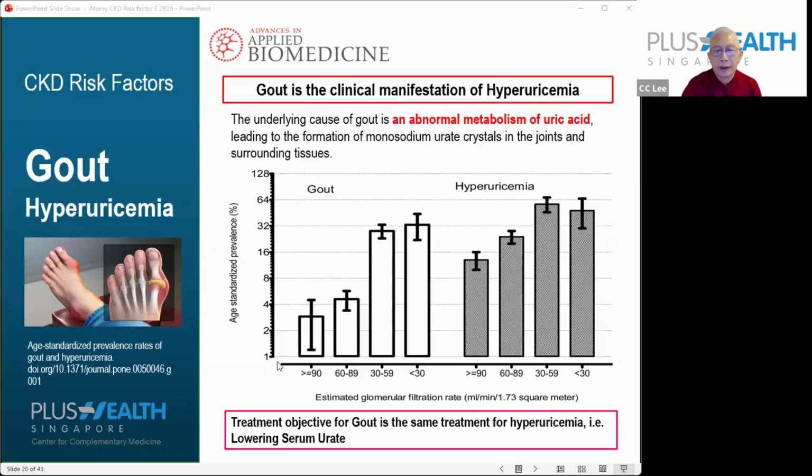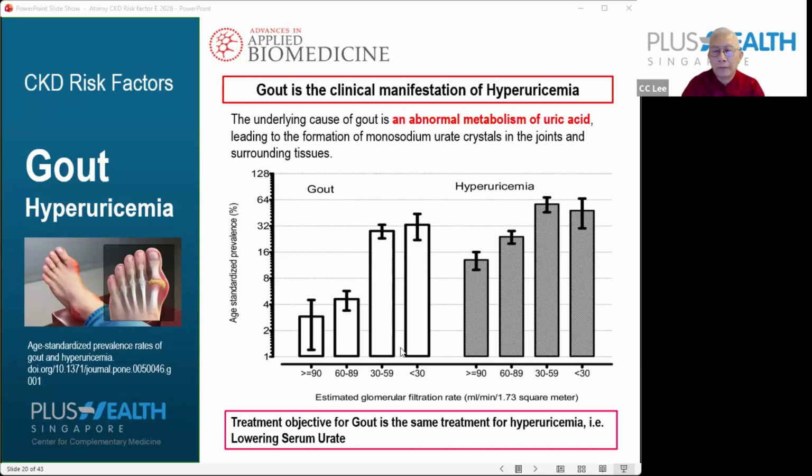Based on different stages of chronic kidney disease, the prevalence rate of gout is very high. For instance, this is stage 4, this is stage 3. At stage 3, the prevalence rate of gout is about 30%, and at the same time, the hyperuricemia prevalence rate is close to about